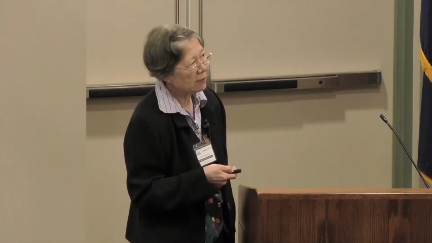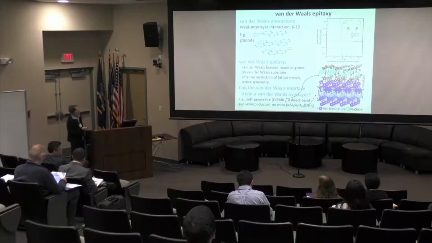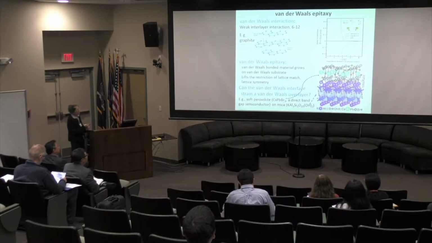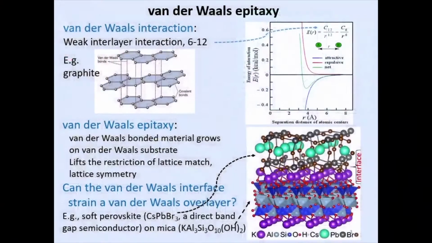And mica, as everybody knows, is very easy to peel off, like Alan just demonstrated in his PowerPoint, okay? Now what's the advantage when a van der Waals material grows on a van der Waals substrate? Despite the interlayer spacing of several angstroms, the interaction is very weak. So you can imagine it's just like throwing an ice cube on an icy lake, okay? They should be incommensurate, free floating relative to each other. However, the example I'm going to show you